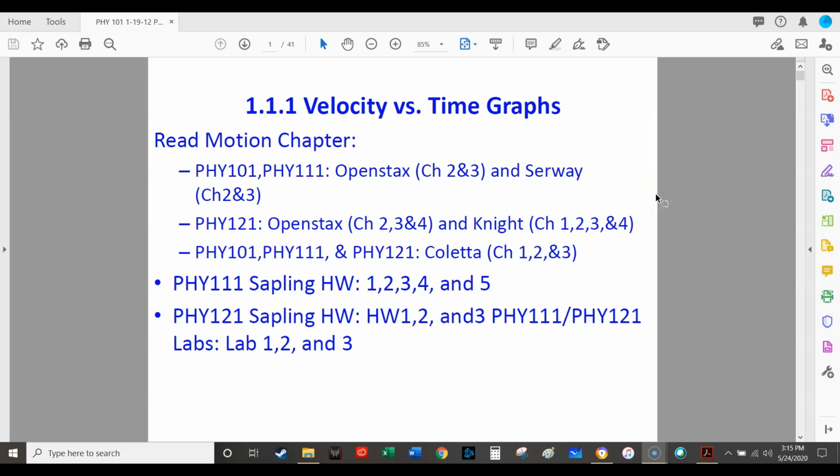Hi everyone, and welcome to section 1.1 of Kinematics, and this is specifically part 1 of a 4-part series. In this first part, we're going to be discussing velocity versus time graphs with constant motion. What are velocity versus time graphs, and what's the utility of a velocity versus time